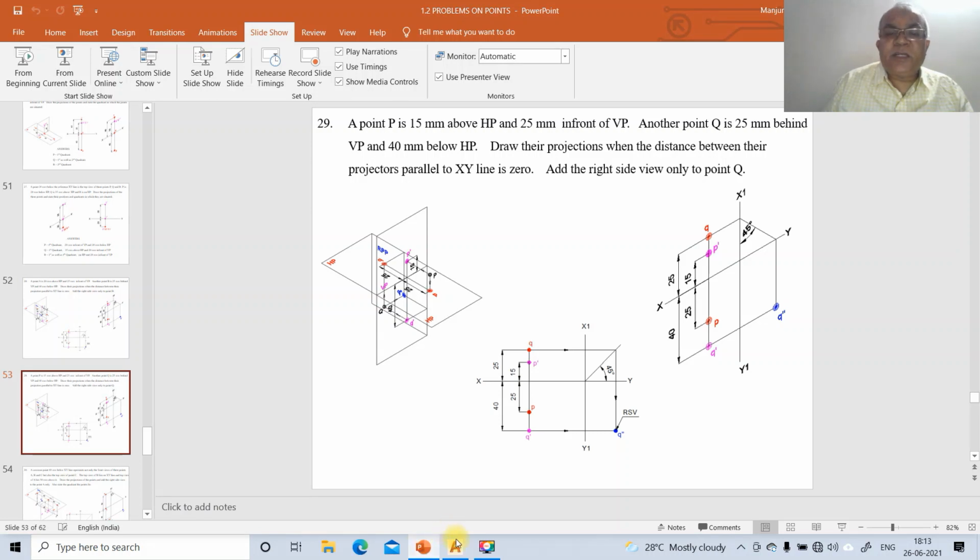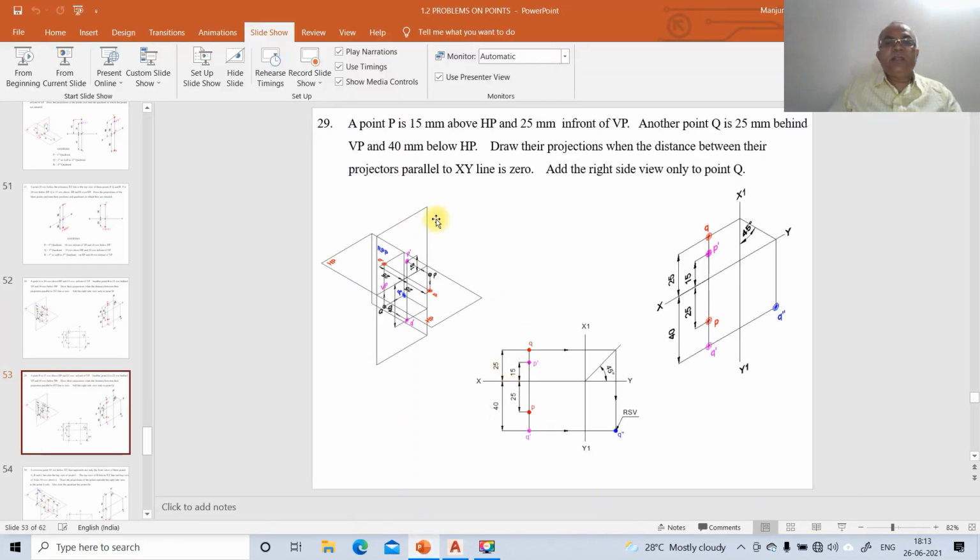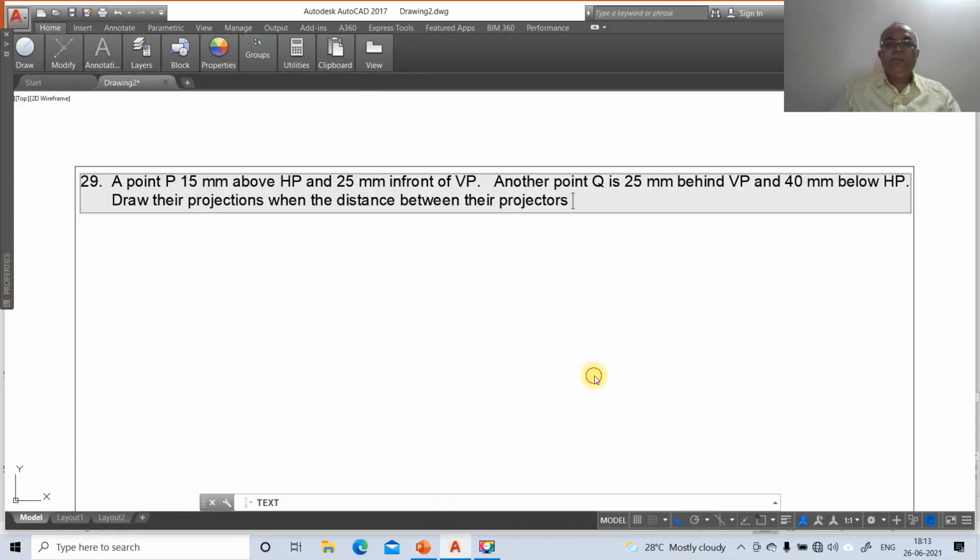Draw their projections when the distance between the projectors parallel to the XY line is 0.